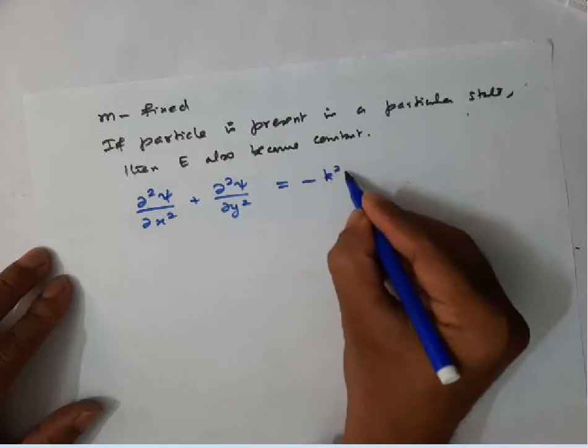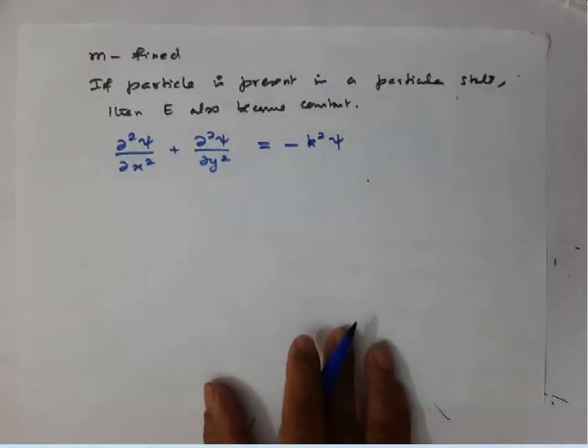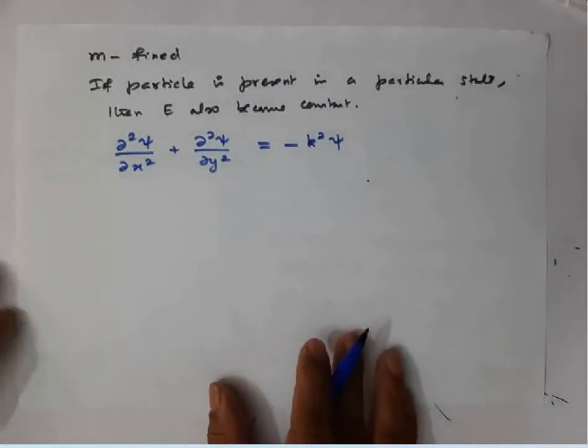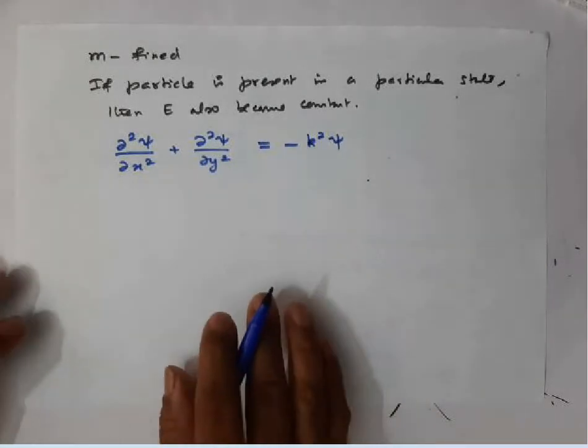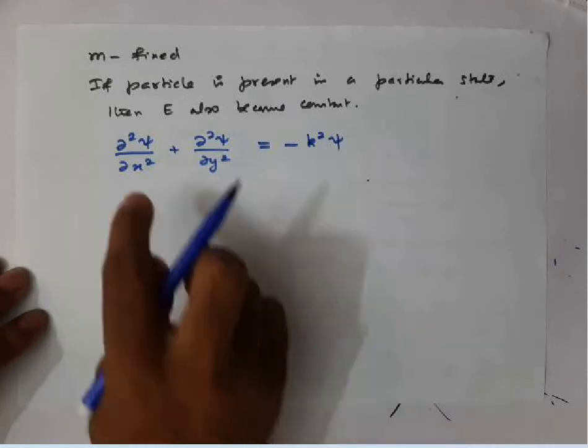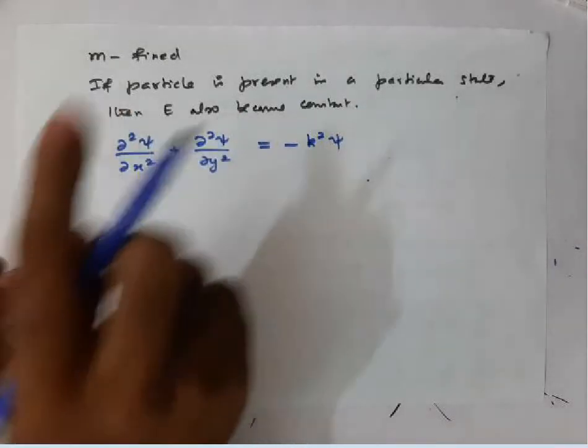So this is the differential equation we get. Now we need to solve the equation, but the problem in this differential equation is that the function psi does not depend on one variable, it actually depends